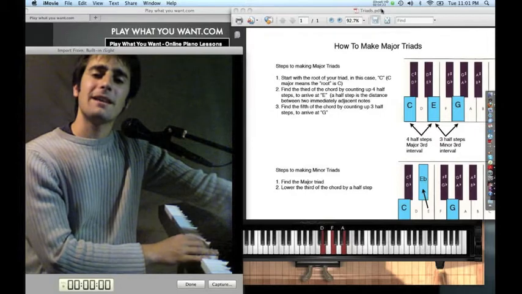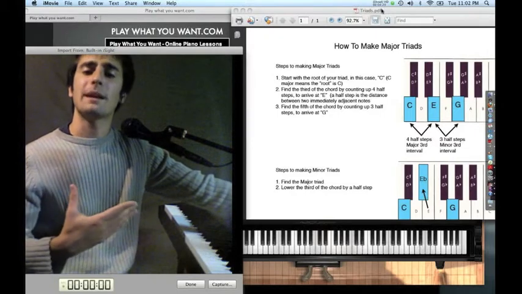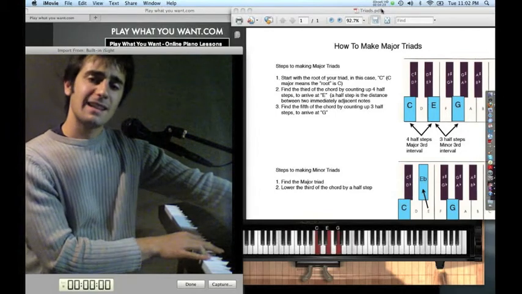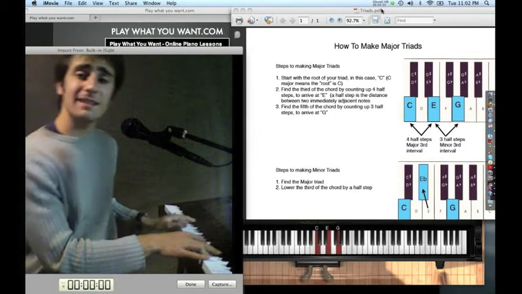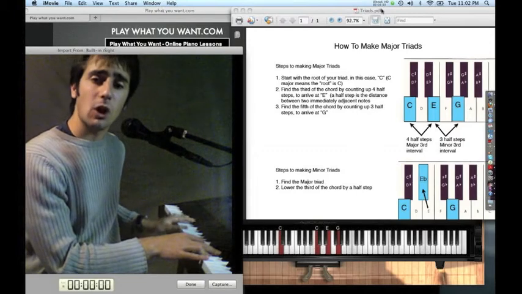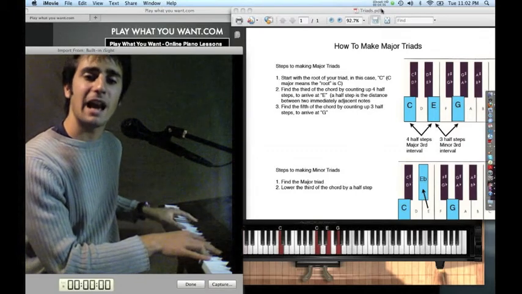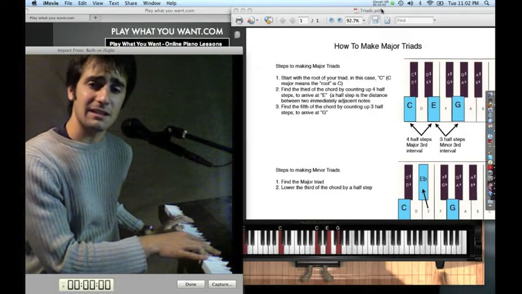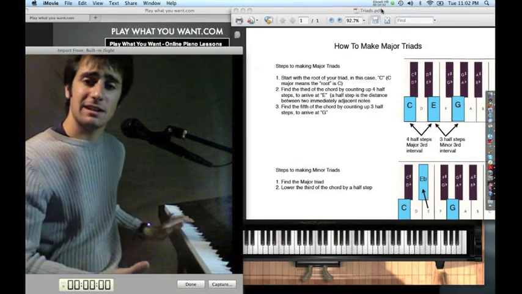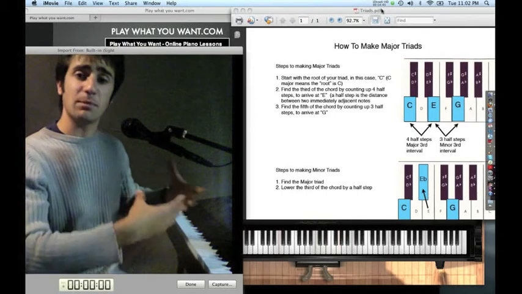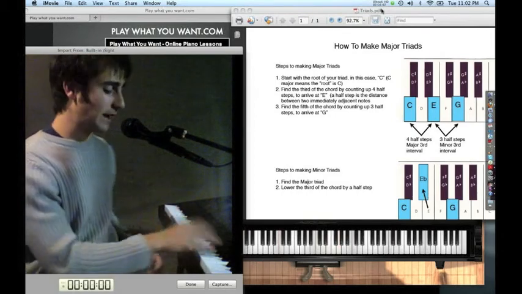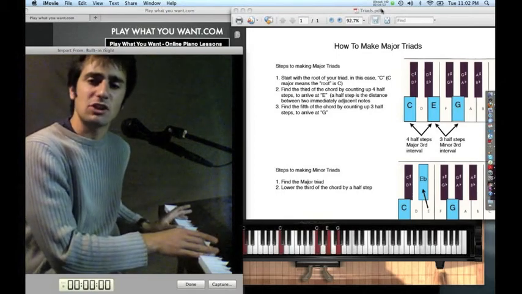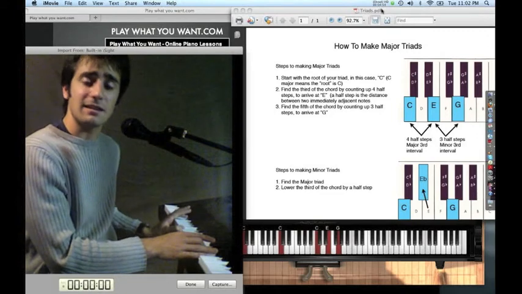Now let's say you want to make this chord sound more full, make it more rich. Here's what you do. Let's go back to C. Take your left hand and play the C immediately below the C that you're playing with your right hand, and play another C below that. This is going to be playing octave Cs in your left hand. Now when you play octave Cs in your left hand, it just is played at the same time that you're playing your right hand C major triad, and you get a really nice, rich sounding C major